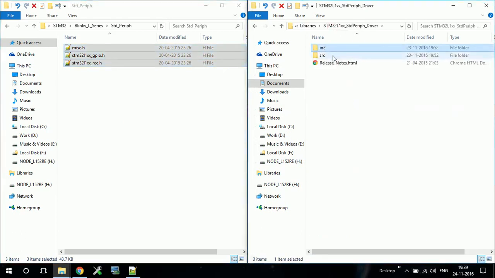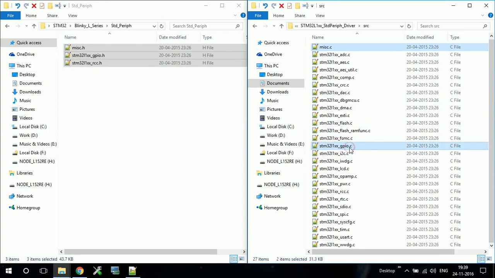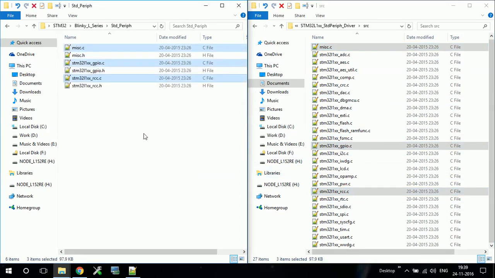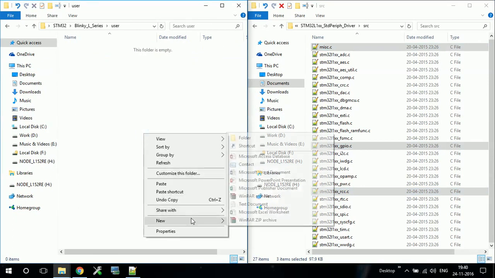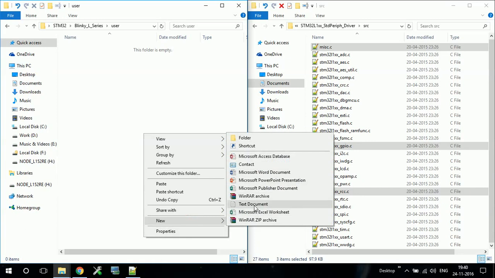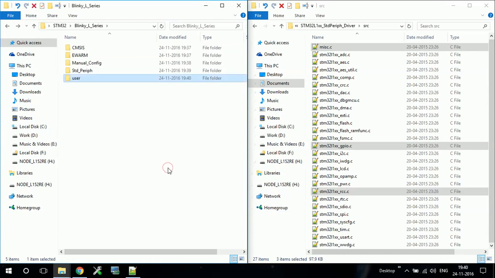Next I will copy the source files for these: misc, GPIO, and RCC. Now in the user folder, I will create my main file, main.c. I will write main, remove this txt, and write c. Okay, so we have set up the folders.